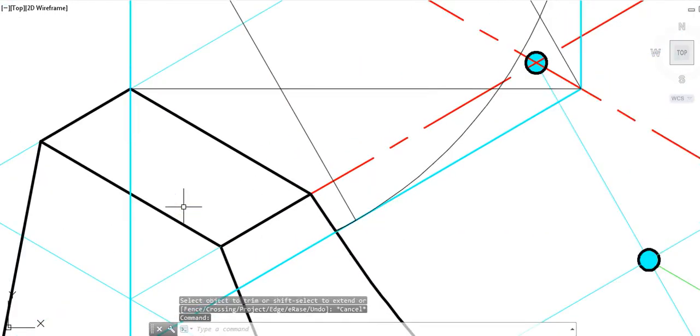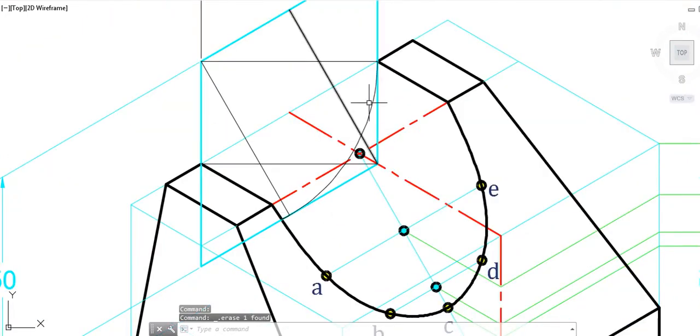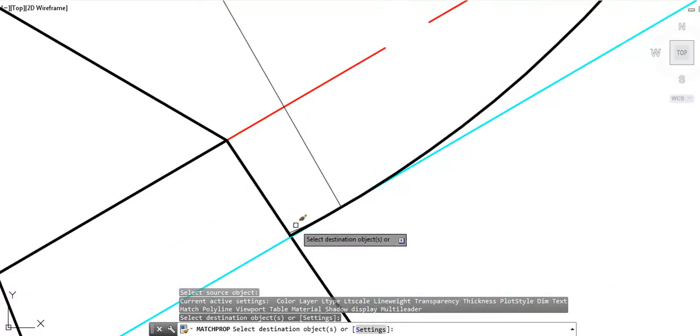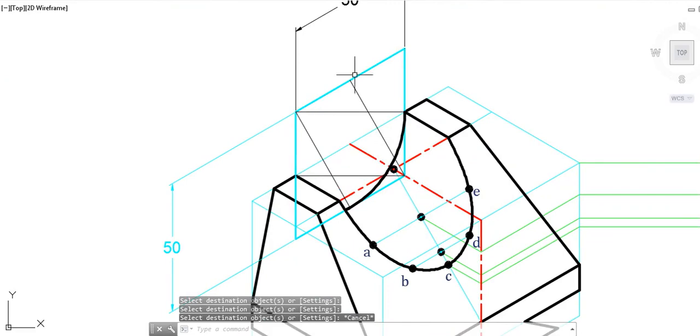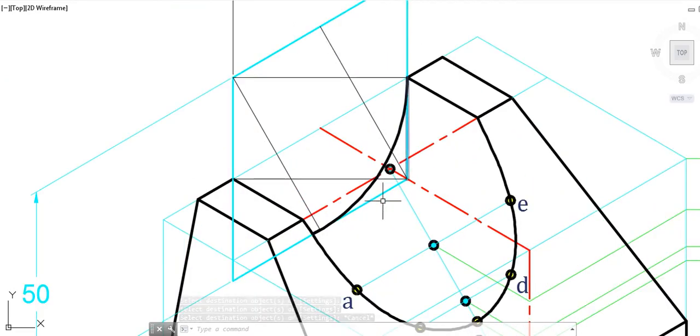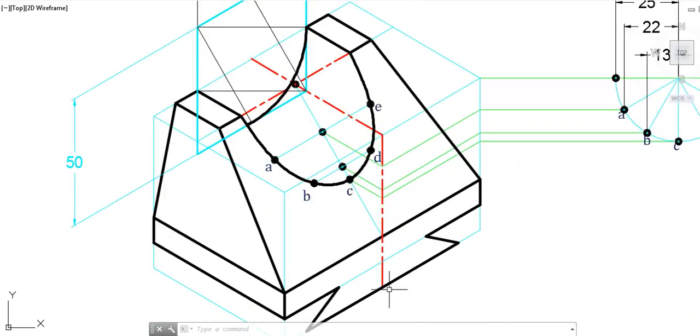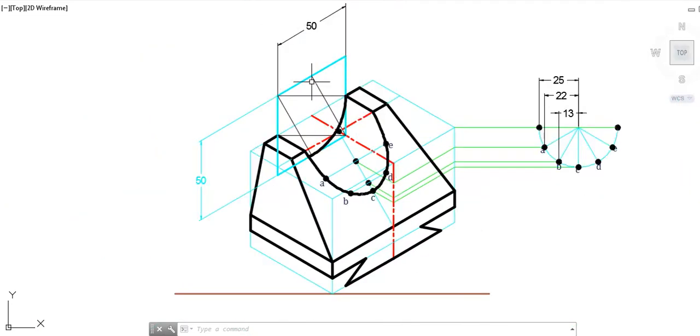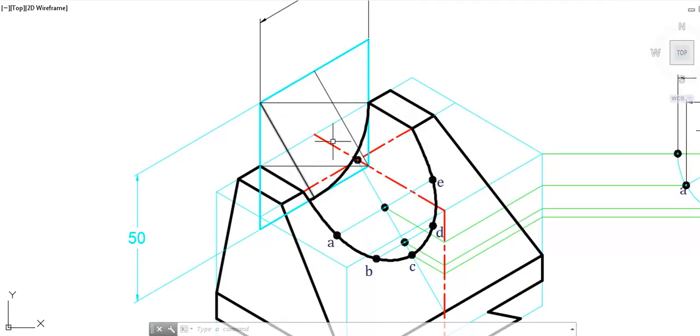Now since this is the major arc which we have to see, we will make it dark in nature, even this small segment. So that is how, using the 4-arc method circle, we have drawn a circle at the end, which completes our problem with a couple of lines pending. Since these are the construction work, I'll not erase them. Instead, I'll show them as construction lines, very light in nature. To conclude with, we